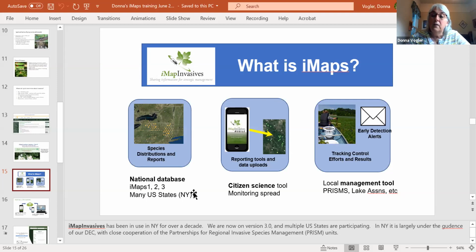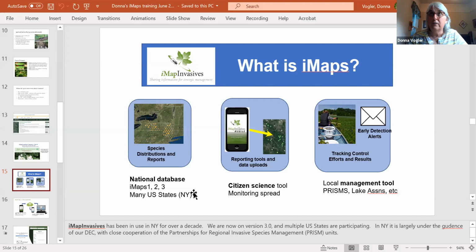It is also a citizen science tool, and that's probably what gives it the depth of its data. What I like about it is, while it is citizen science, unless you have a really good picture that somebody can confirm you have what you think you have, there's somebody behind the screen checking all of these points. And so if they see somebody listing, say, a yellow iris, and it's out of somebody's garden that's not the invasive yellow iris, they will then go and delete the point or make it unconfirmed. So you may see even now confirmed and unconfirmed points. It's good about separating that.